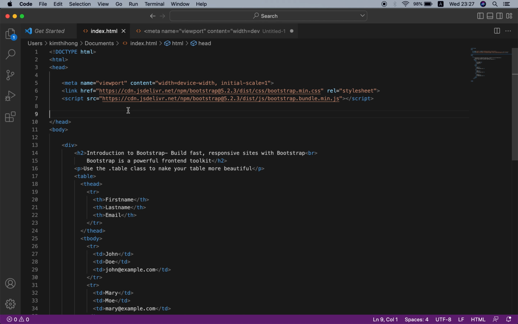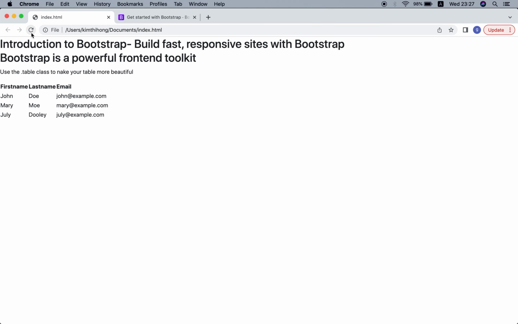Save and check. Now you see that there's some difference in your website when you include Bootstrap. Maybe the font is different.